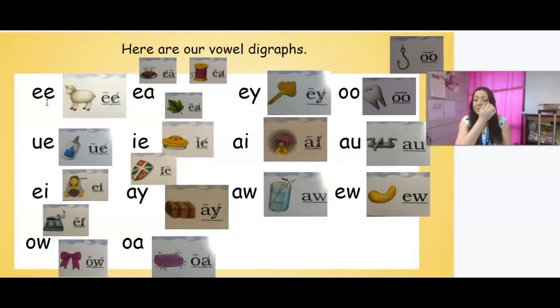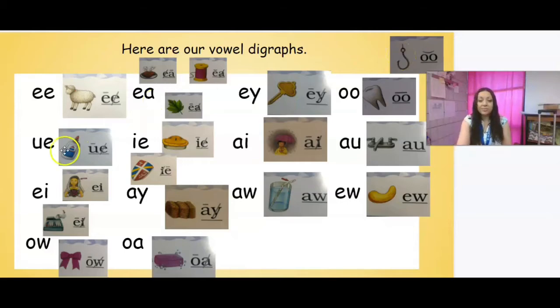make. So first we have sheep, E, digraph EE. Then look for EA, though. We have steak, A, digraph EA, thread, digraph EA, leaf, E, digraph EA, and then for EY we have key, E, digraph EY. Remember, for digraph OO, there's two sounds. We can say tooth, ooh, digraph OO, or we can say hook,